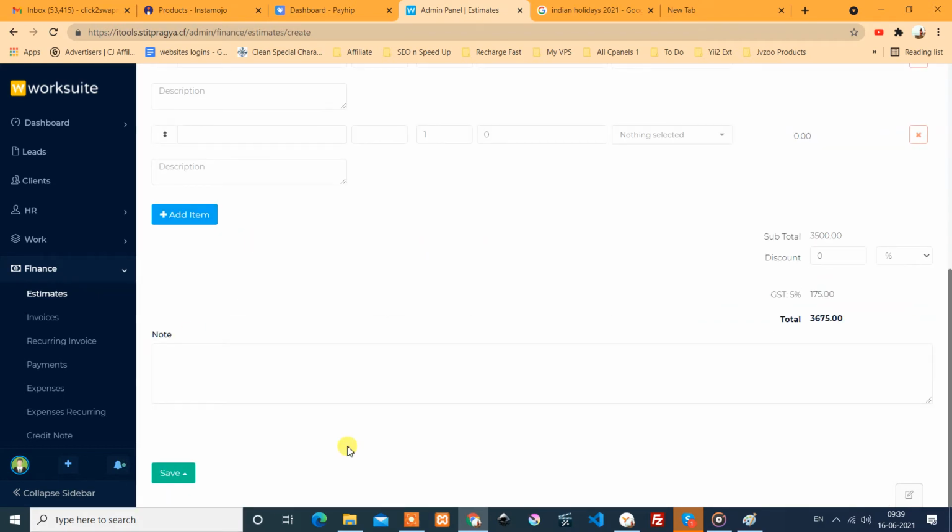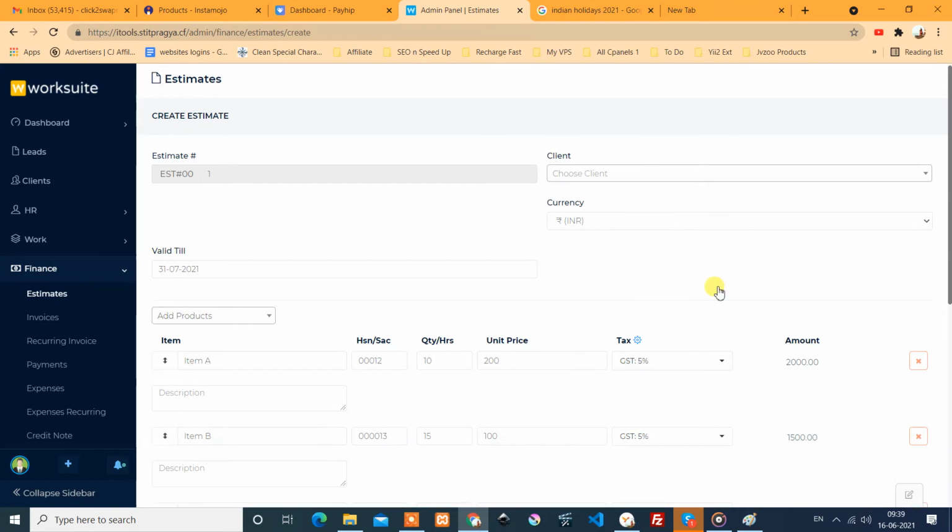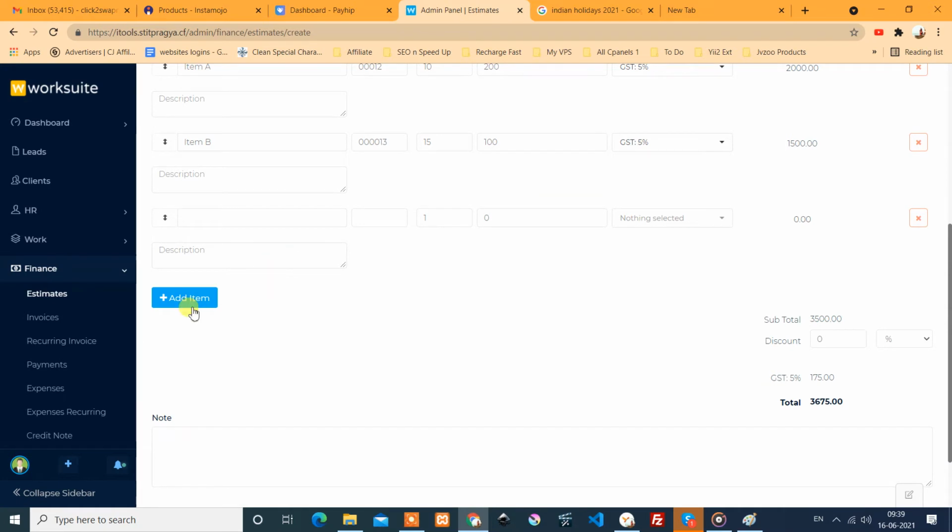It will be sent to that client. When the client logs in to the system, he will see that estimation, or it can also send a notification via email to that client. So this is how the estimates work.